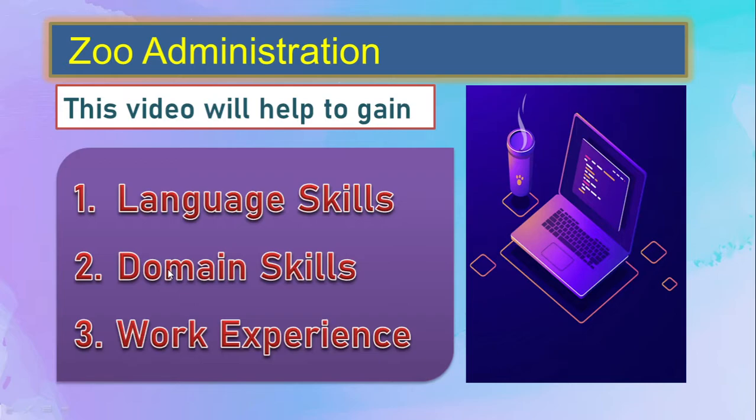When you have not thought about how to do the project for Zoo, then you don't have any domain knowledge about it. But once you start, then you'll understand what is Zoo, what is animal, how the cages will be there, how they feed, who has to take the responsibilities, and how the whole concept works, where the money comes in, where the money goes out. A lot of information you need to learn about the Zoo. That is a domain skill.